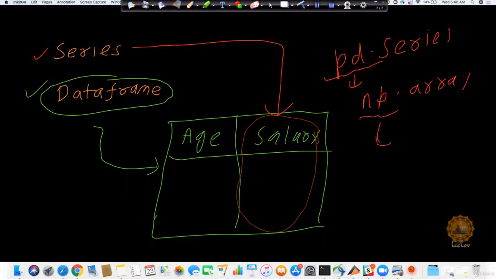So let's explore the practical side of these things so that we can understand it better, and then you will get a better idea of why I'm saying that pandas is a very strong and useful data structure for data analysis.